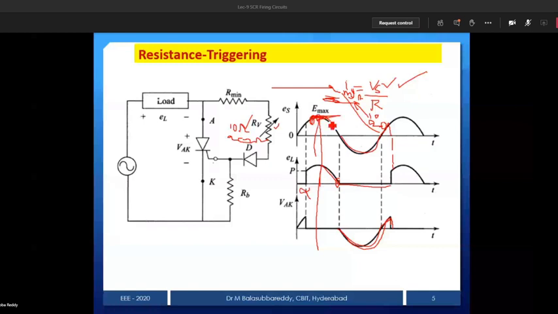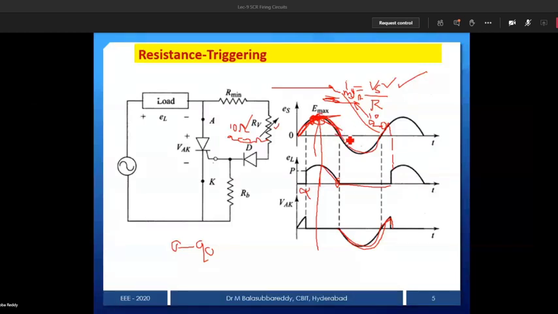One more problem is that it is going to conduct only in the 0 to 90 degrees range. The reason is that the voltage values from 0 to 90 degrees are repeated from 90 to 180 degrees of the sine wave. If I place a higher value of RV, the voltage is not sufficient, and at a later point of time the same voltage will appear, therefore with insufficient voltage the device will not trigger. That is another drawback.